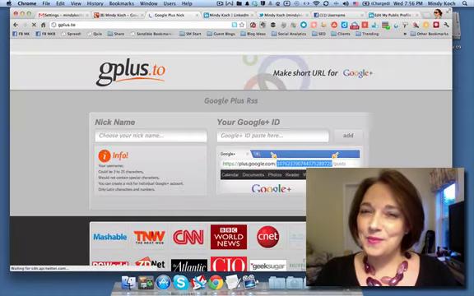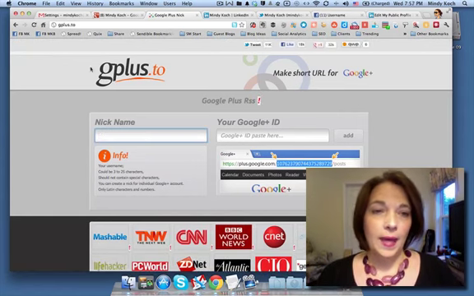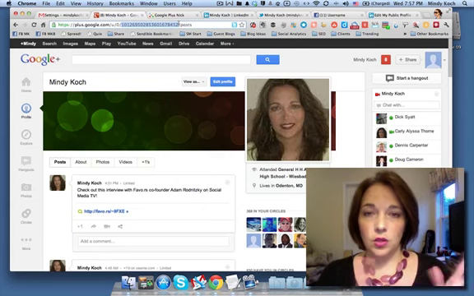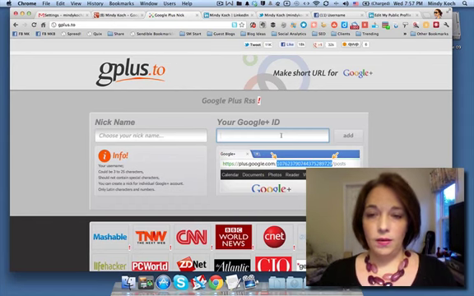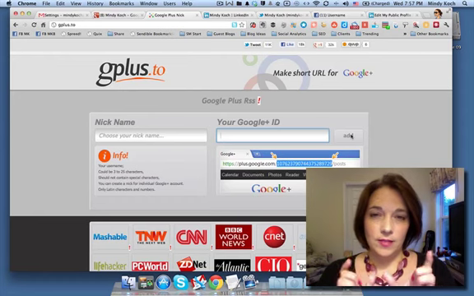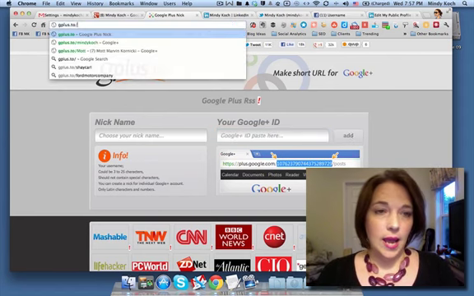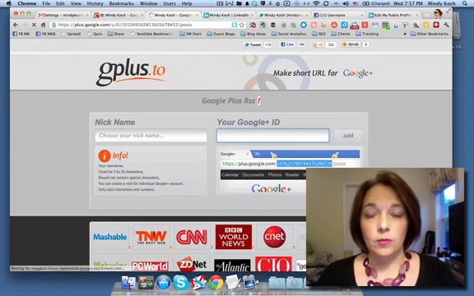Leave your Google Plus account open though, because we're going to need those numbers. Here, select your nickname of what you want it to be, and then go back, and these numbers, after posts, and after that U0, before posts I mean, we're going to select that there and add. And when you do that, then you'll be able to create a simple vanity URL for Google Plus. And just remember g+.2 and your name. So for me, it's G+2 Mindy Coke,